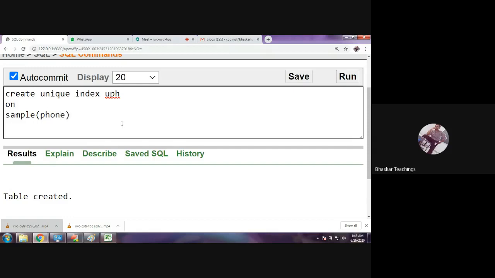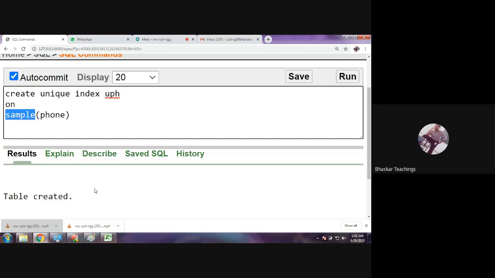This is the column name, right? Previously I created a table without a unique constraint, but the phone number column has to be unique. Therefore I am adding a unique index to that column. So the syntax is create unique index, index name, on the table and the column.